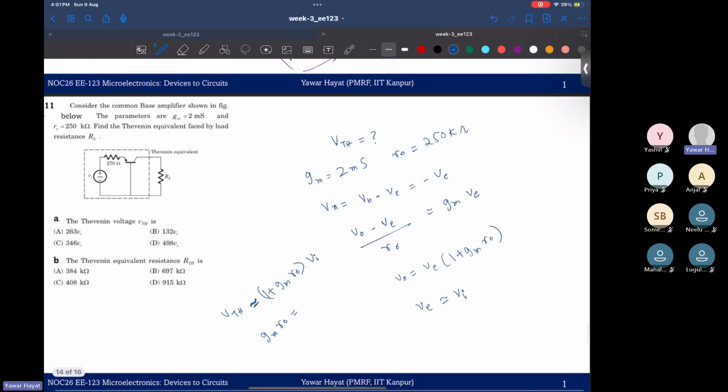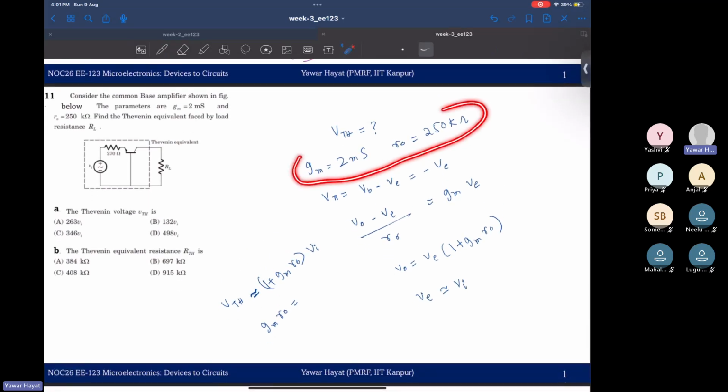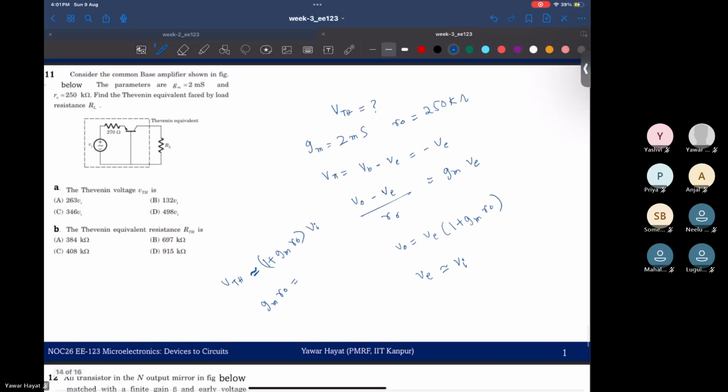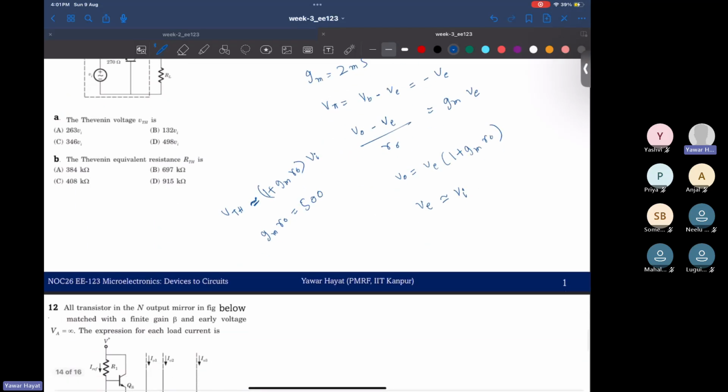We are given those quantities, right? That product GM RO is 500. You can check, multiply both, you will get 500. Now how much is VTH then? Thevenin voltage? That would be 501 times VI,